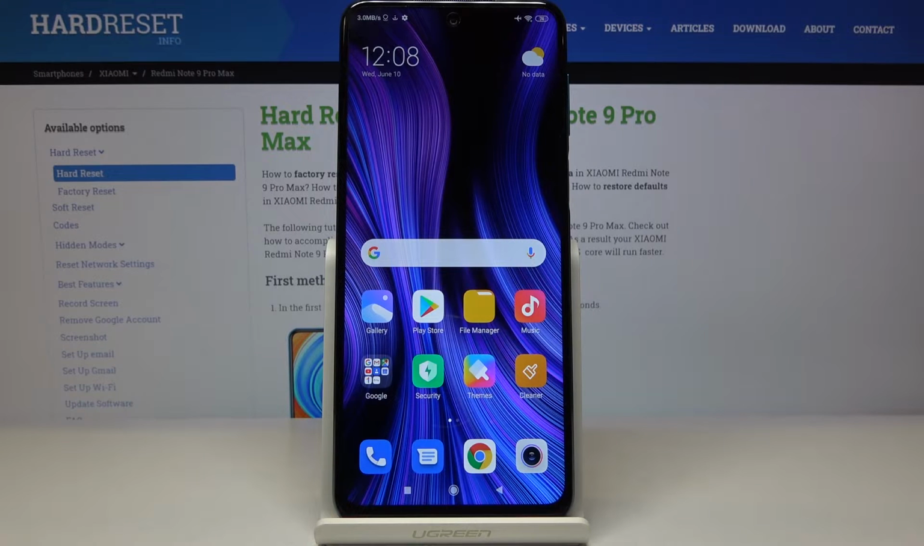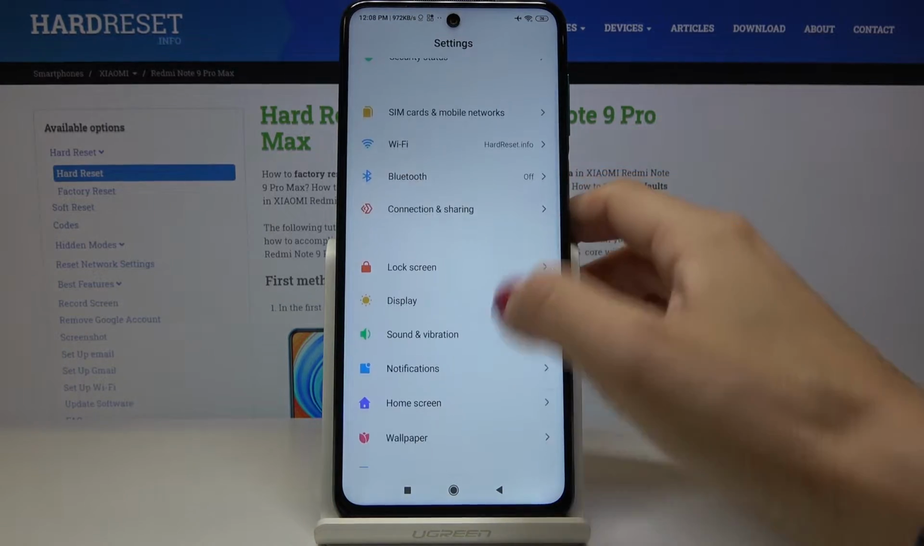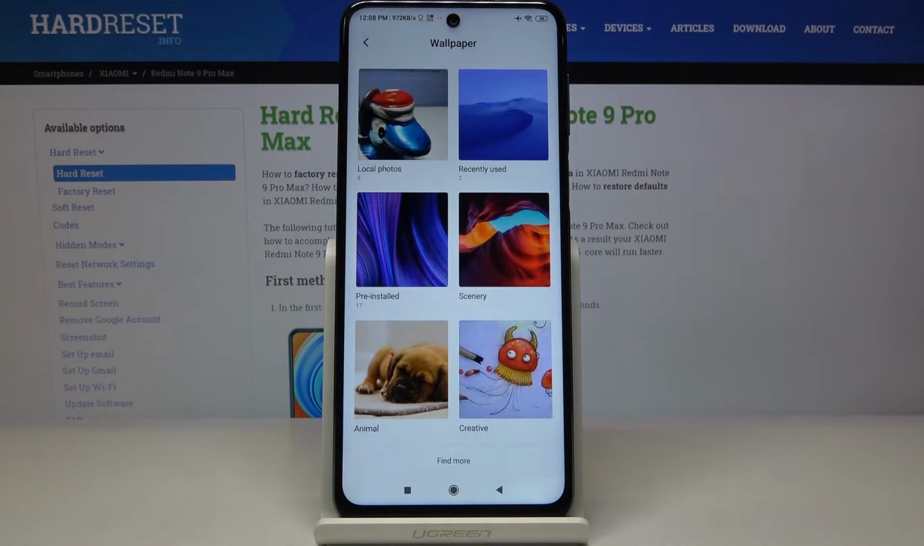Here we've got Xiaomi Redmi Note 9 Pro, and let me show you how to change wallpaper on the following device. So at first you have to open the settings. Now find and pick wallpaper, it's right here,